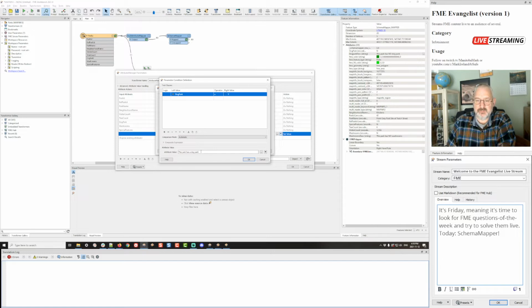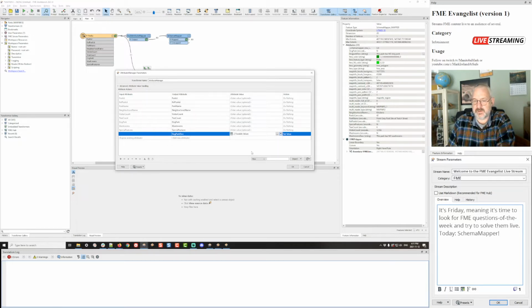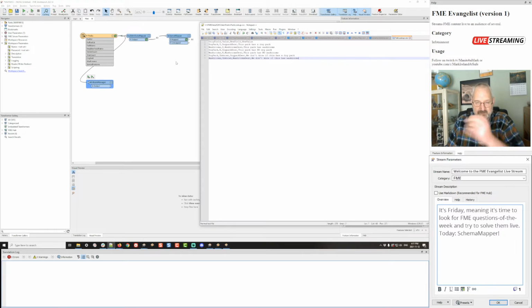And this is great. It works and I like it, but you can imagine if you had dozens of them like that, it would be very painful to go through that way. And that's where I think the SchemaMapper scores a bit better, because we can just put this